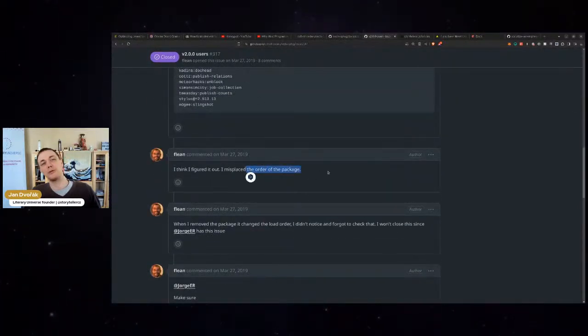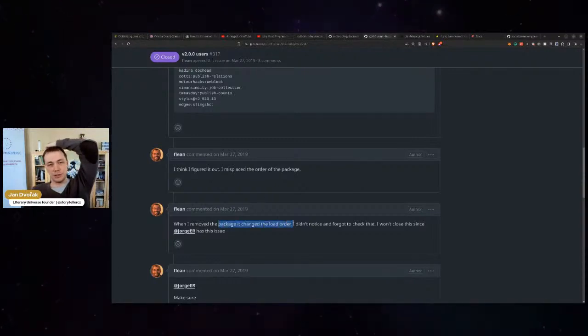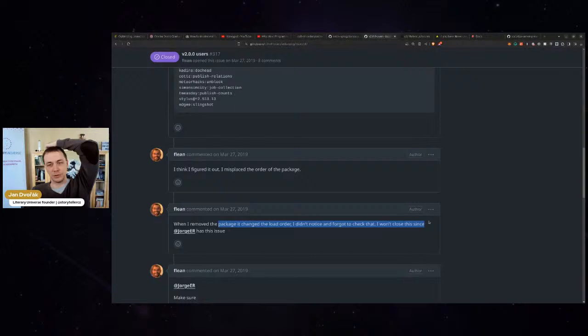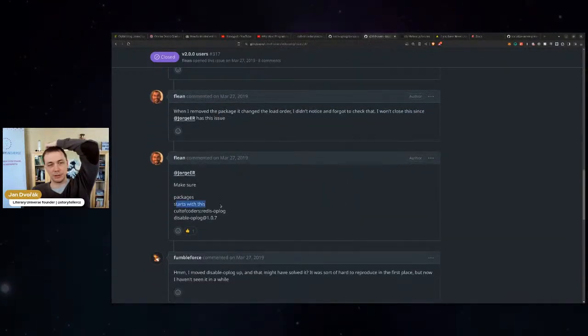Misplaced the order of packages. When I removed the package, I changed the load order, and I forgot to check that. Make sure packages start with